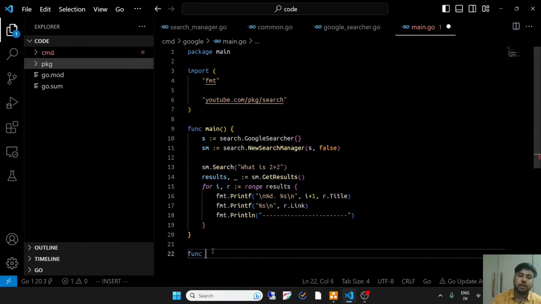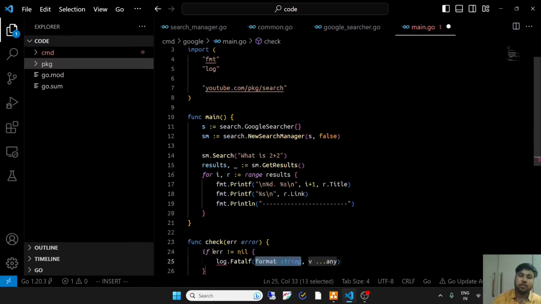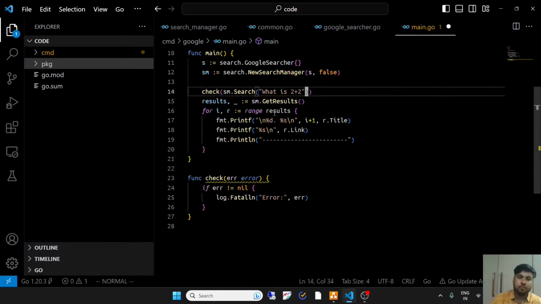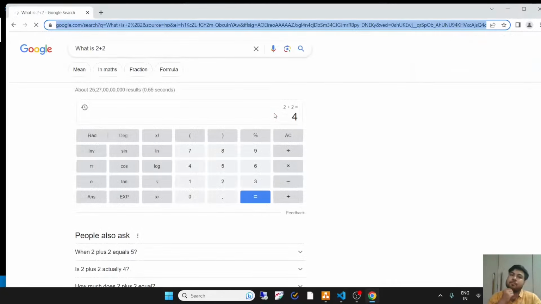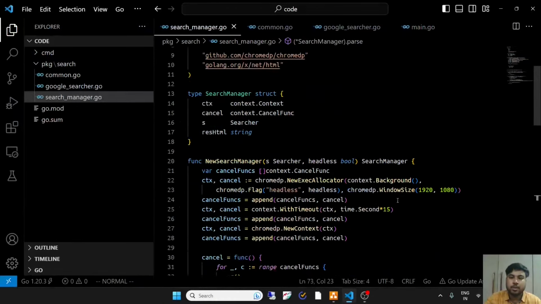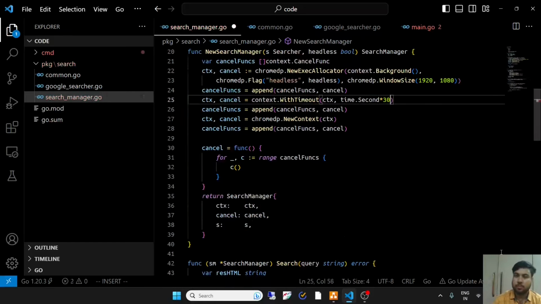So to check for the errors, I'll just create a check function that will take an error. Maybe I should just increase the deadline. So let's change the timeout duration.